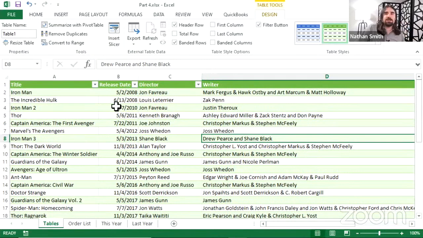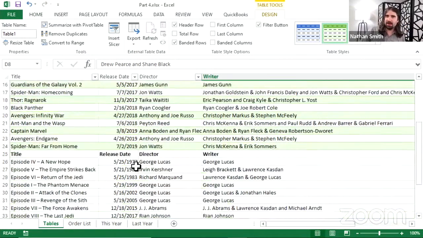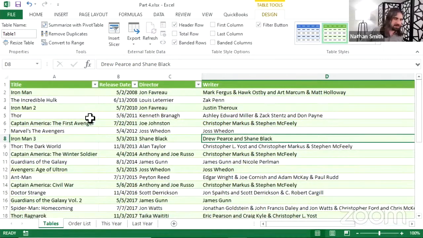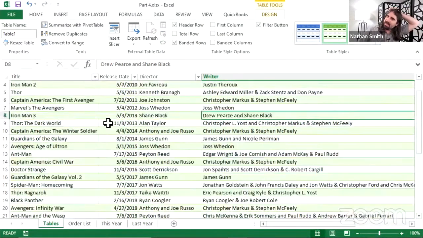OK, so let's talk about what's going on here. Number one, the cells we had selected have this little zebra stripe effect, the banded rows. So it's easier to read, particularly if you're printing. This makes it a lot easier to read when you've got the banded rows there. So that's kind of nice. Then